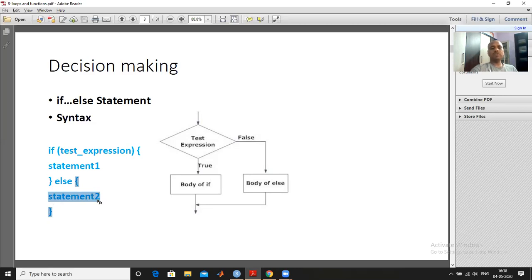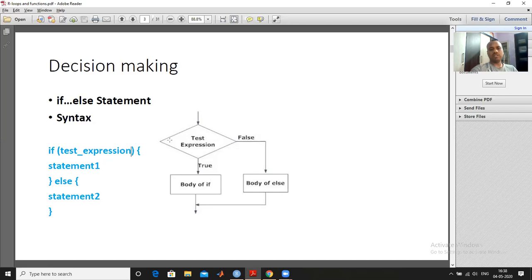So statement 2 will be executed if this condition fails. So this condition is our crucial test to decide whether statement 1 or statement 2 will execute. If this condition is true, then statement 1 will execute, and if the condition is false, then statement 2 will execute. So this is similar to this one.